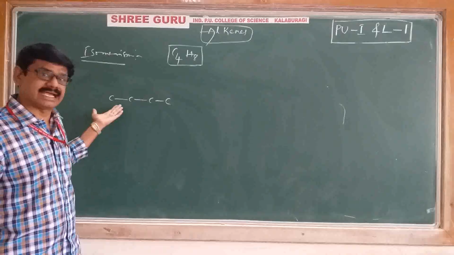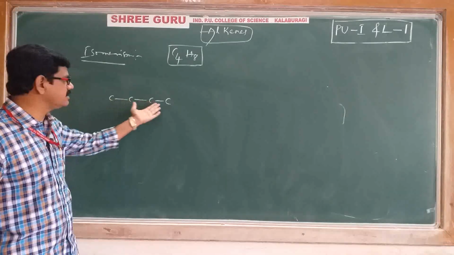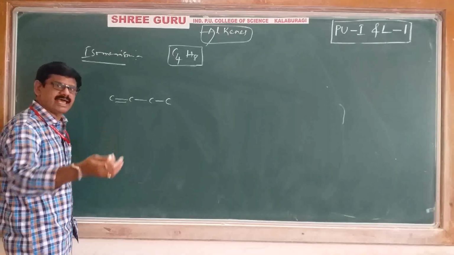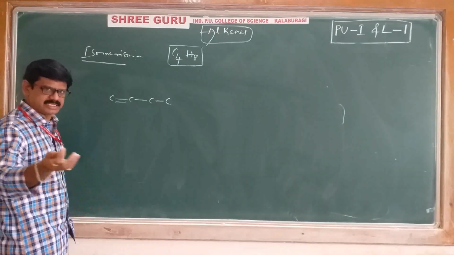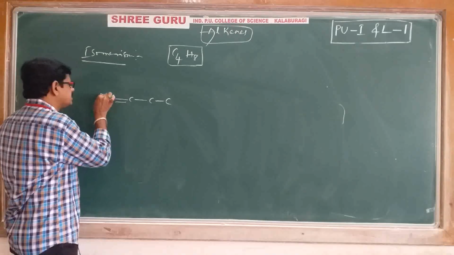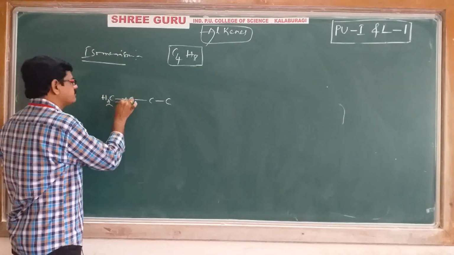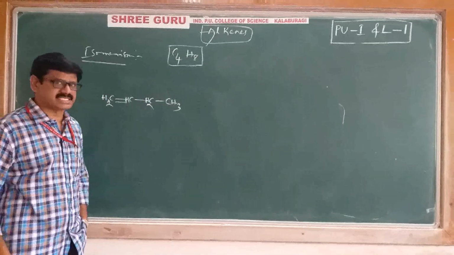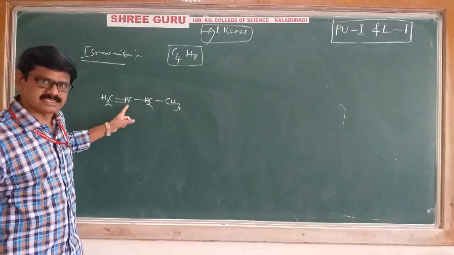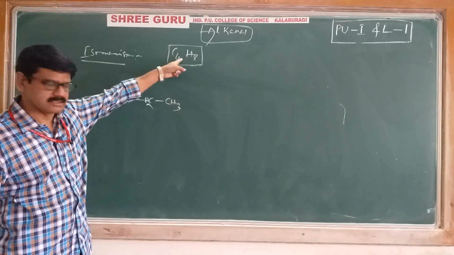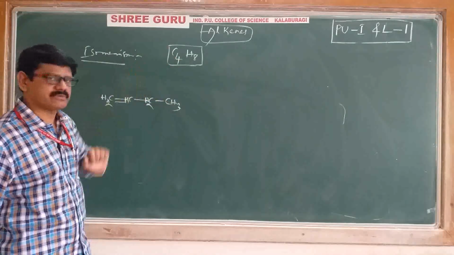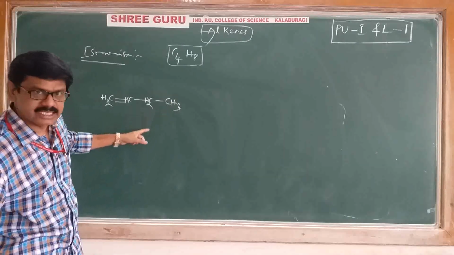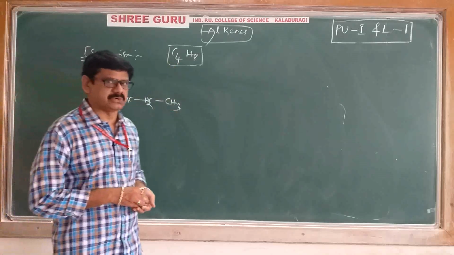You can write a double bond at any place, your wish. Okay, I'll write the double bond here. And the remaining valencies will be satisfied with hydrogen atoms. Here I'll write 2 hydrogens, here 1 hydrogen, 2 hydrogens, 3 hydrogens. Let's check whether this compound satisfies the formula or not. C4, H 2 plus 3 plus 3 is 8. Right, this compound satisfies the given molecular formula.